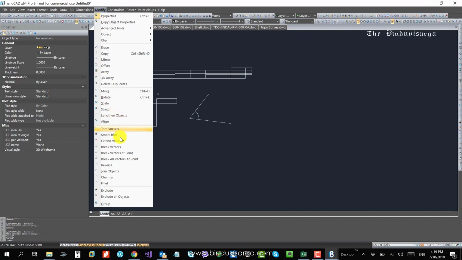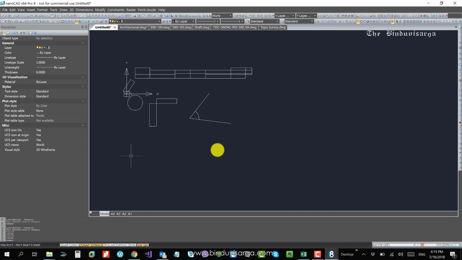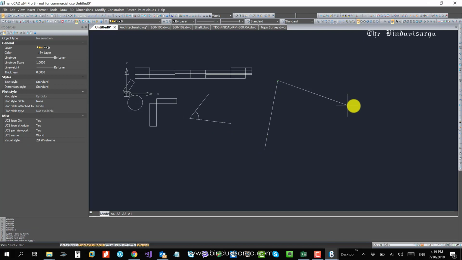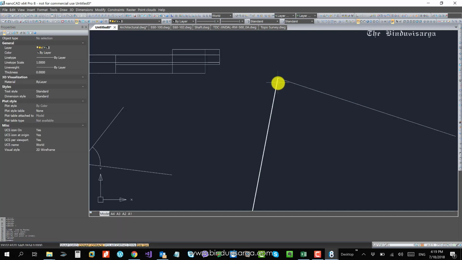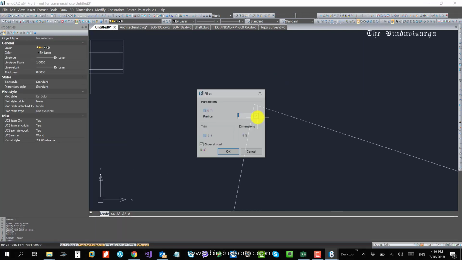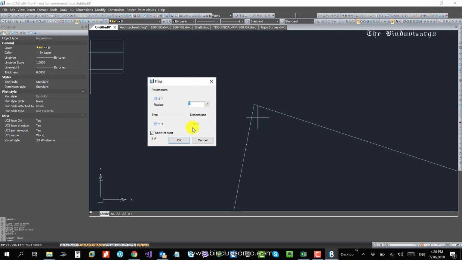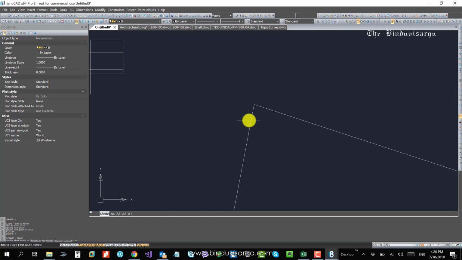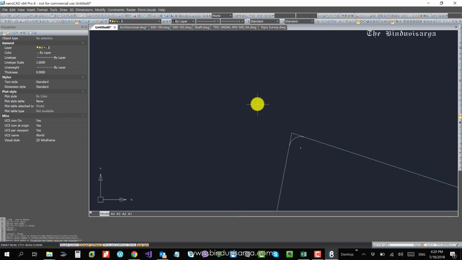Well, you know, just have a look at one simple tool that we have: two lines like this probably, and we need to make a fillet on that. If we press F enter, so instead of command line we have a box now, and we can set the type of fillet we need. We can say that we need 5 units, and